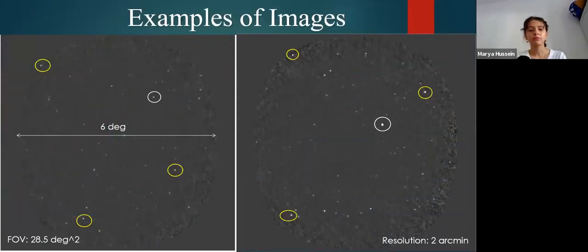These are two examples of images that I looked at, and they are from two different fields. I monitored the flux of these sources, and I have chosen these 8 because they are the brightest and they are scattered rather than being clustered together. I have also measured the field of view of these images, which is on the bottom left, and it is 28.5 degrees squared. It is also the same for all of the images.